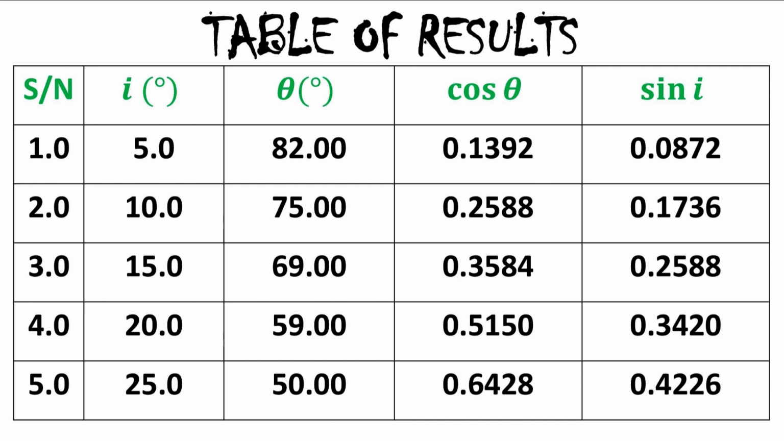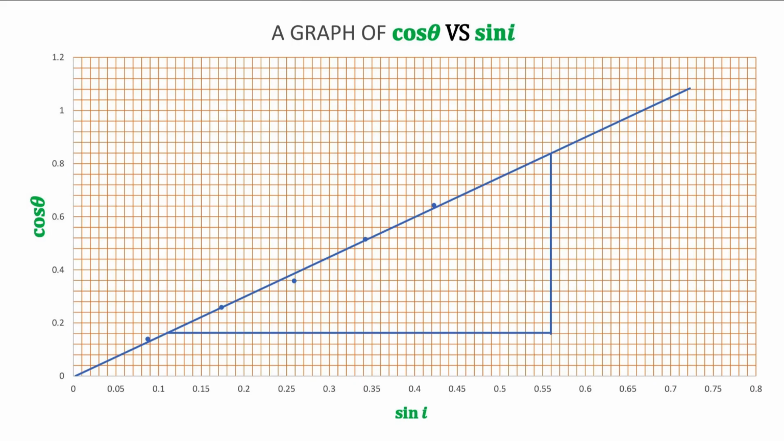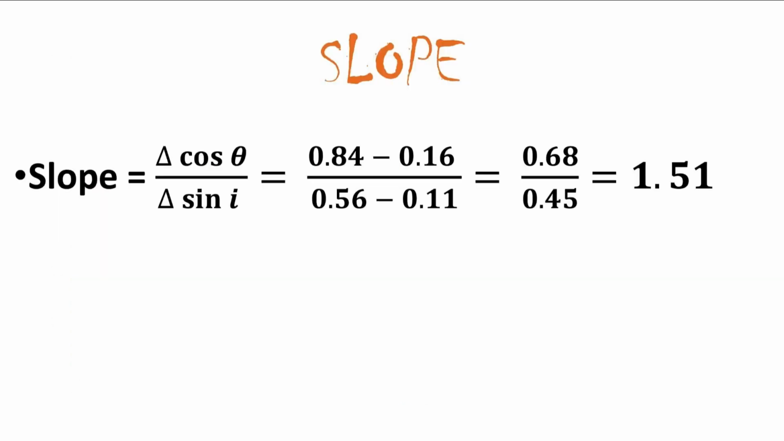Now they asked us to plot a graph of cos theta against sine theta, and when we plotted that graph, we got a straight line graph that almost passed through the origin. As you can see here, it's a neat graph that shows to a large extent that what we did during the experiment was very correct. So our slope in this particular experiment is expected to give us the refractive index of the glass, and by the time we computed the slope, we got our slope value to be 1.51, which also tells us that